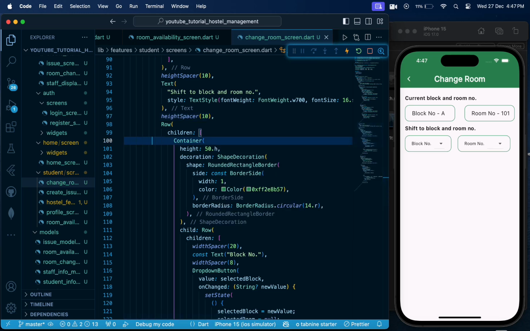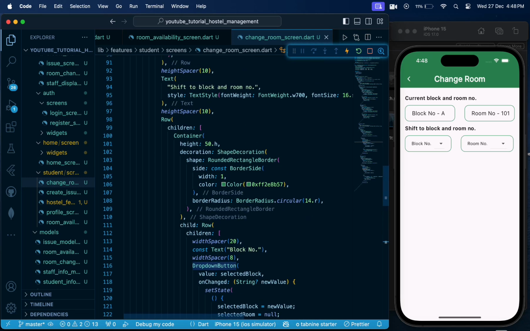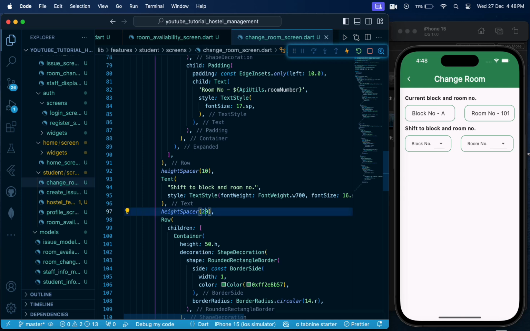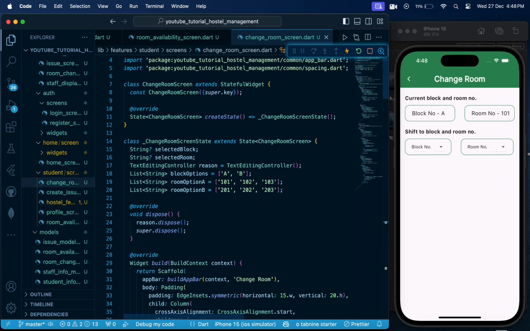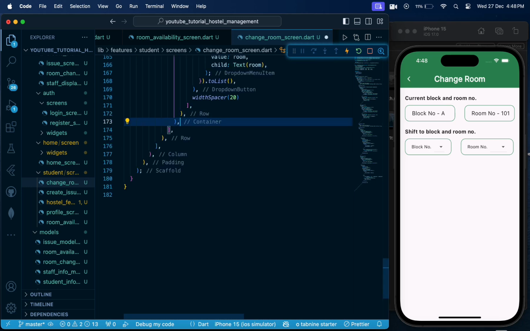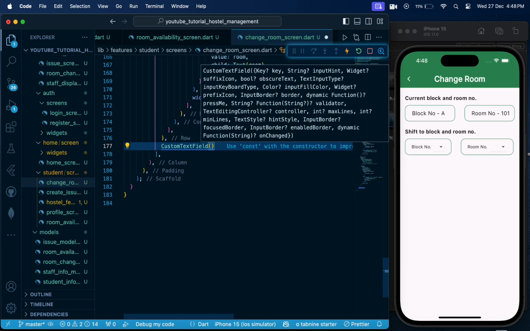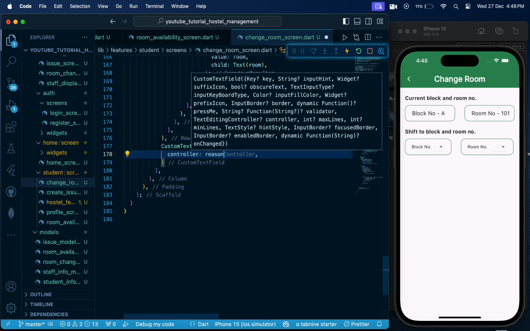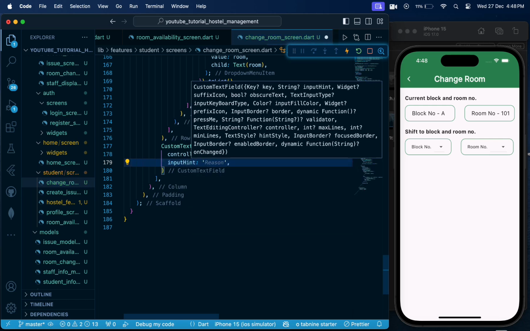Yes, so the last thing which is left now is we will create a custom text field. After this row, custom text field, this text field will be responsible for the reason, like what is the reason to change the room. So input hint will be a reason,